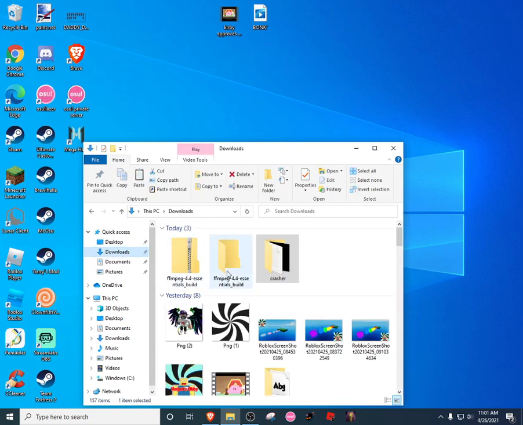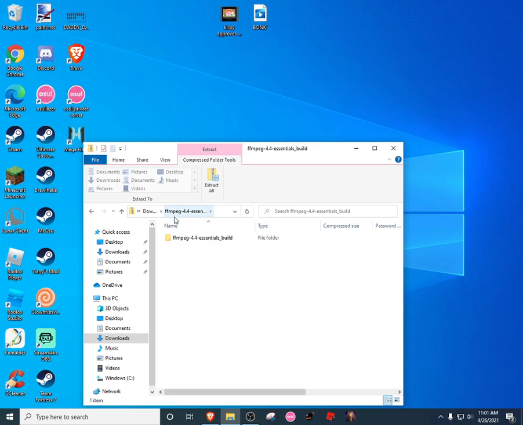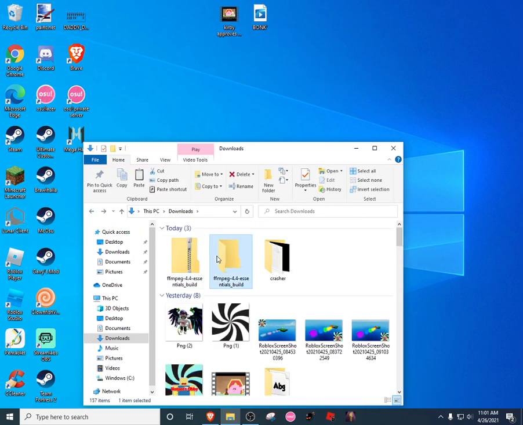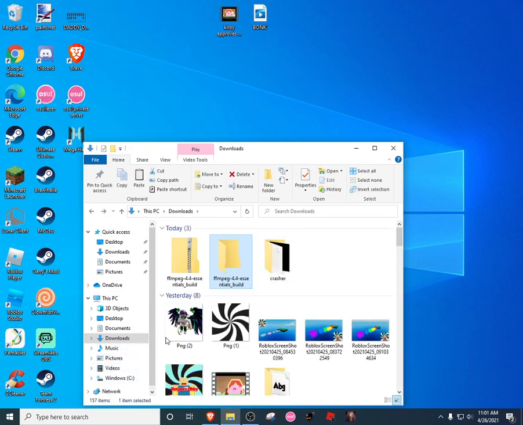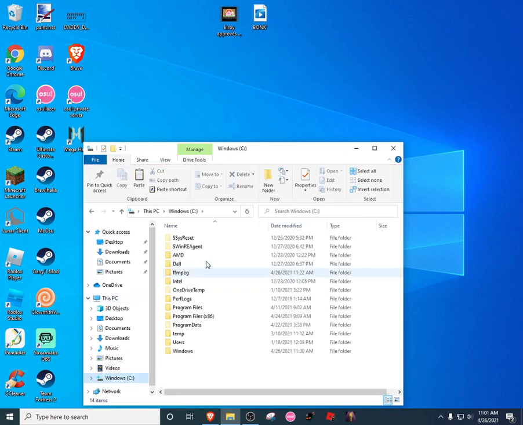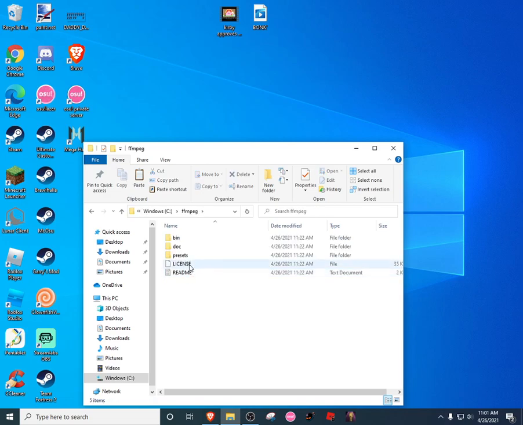Okay, so what you want to do now is download FFmpeg 4.4, extract it. Since I've already done that, what you want to do is when it's done extracting, go to Windows or whatever, paste it in here and just name it FFmpeg, and go into bin,